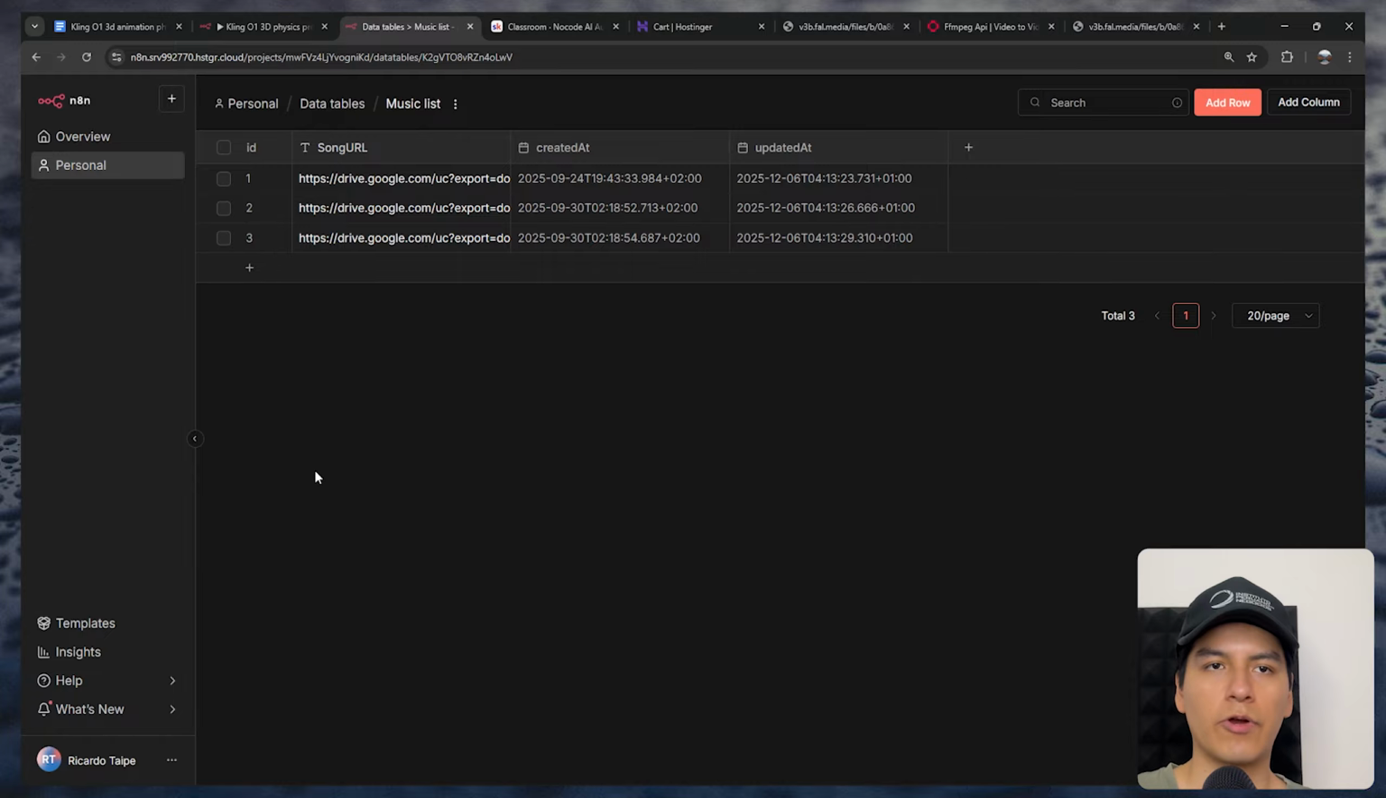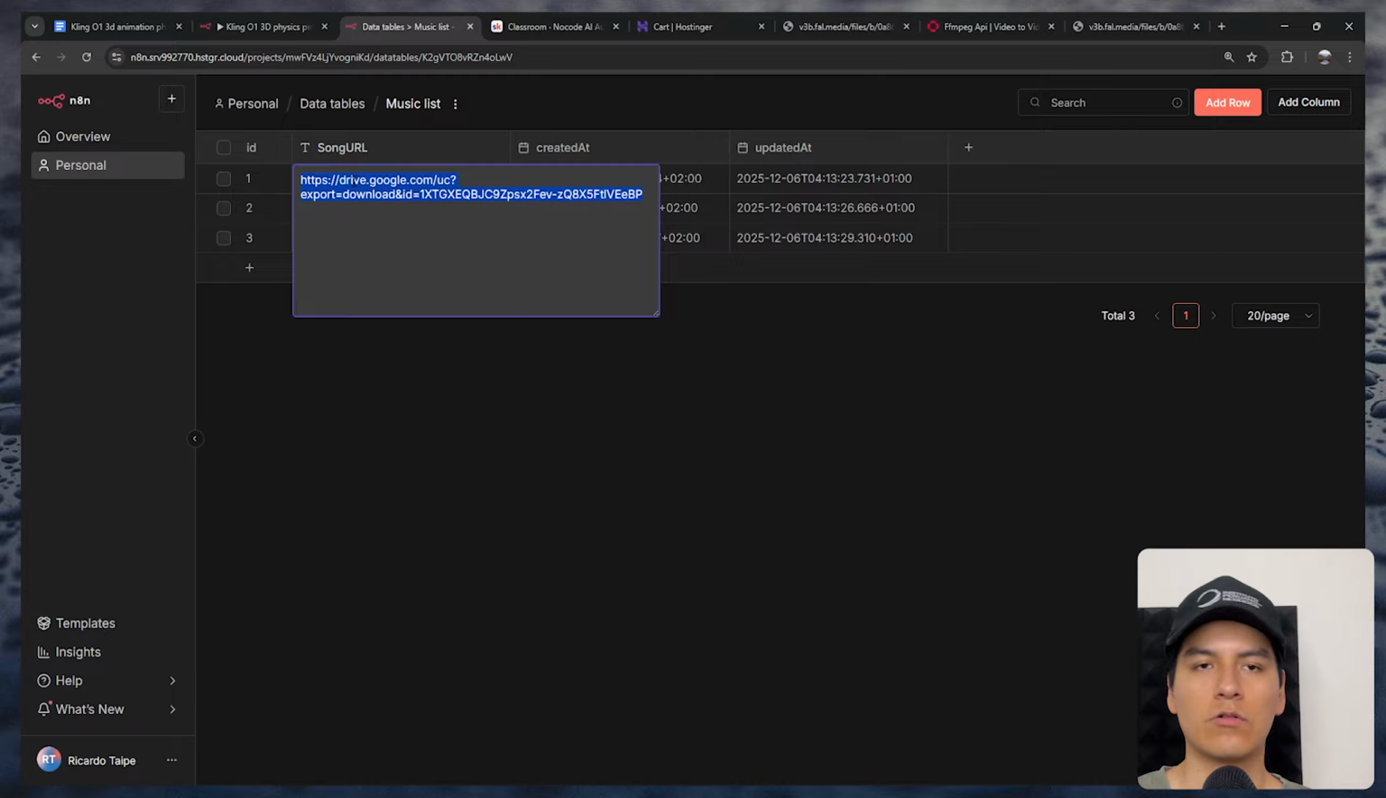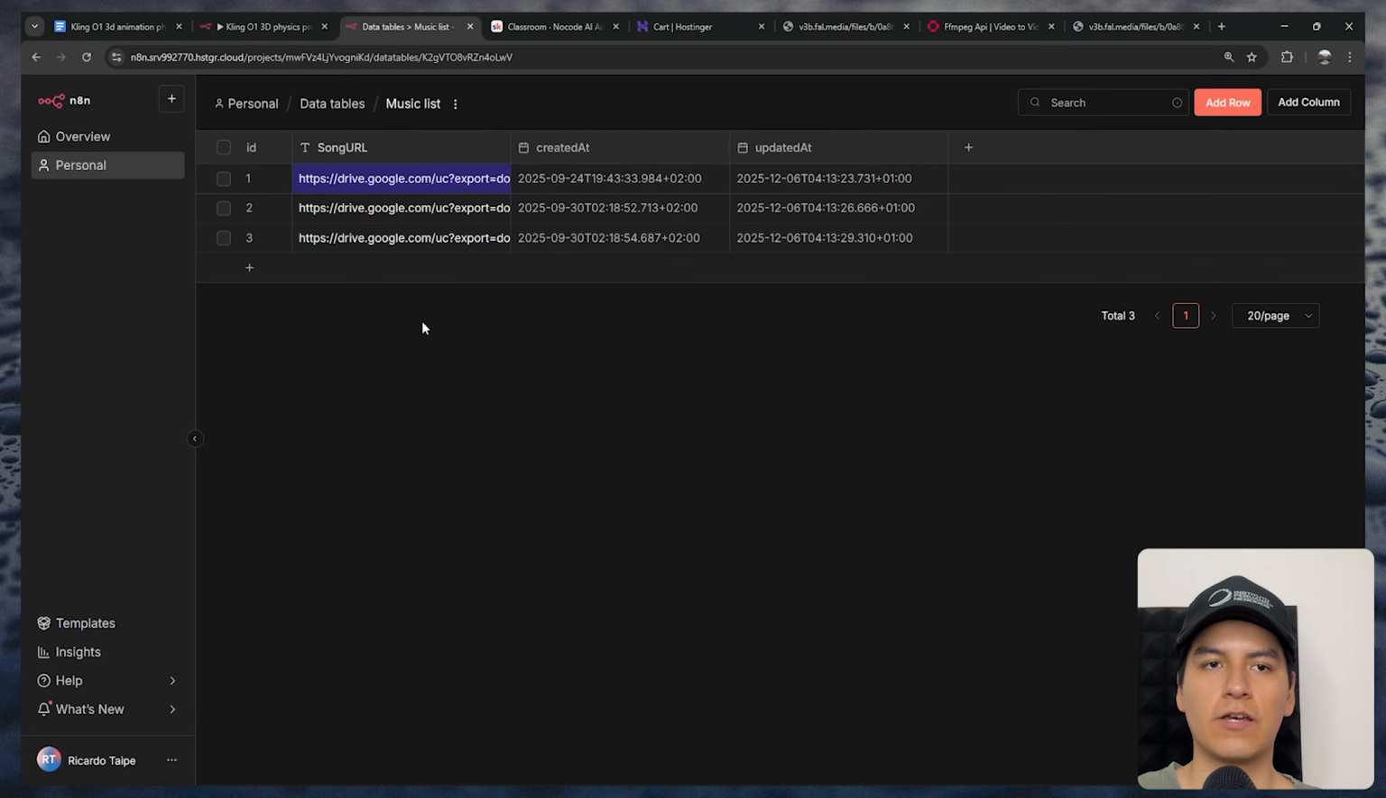So for this, you can create a data table inside N8N with a column named song URL. And here you can just upload any song you want as a Google Drive file. And to get the specific URL that can be used with an API, then you can just follow this format right here. So the only thing you will need to change is your file ID, which is this one. So make sure you use those specific URL formats,